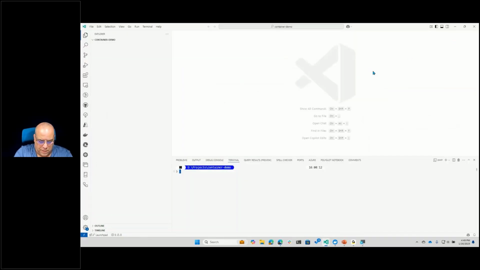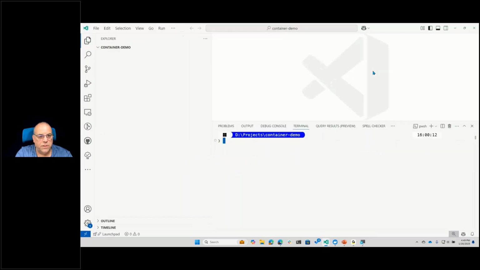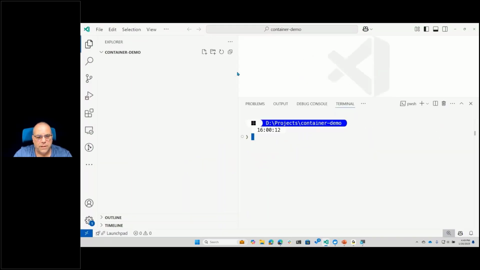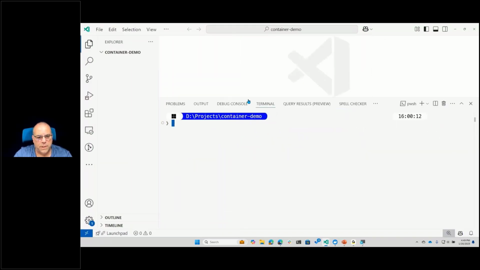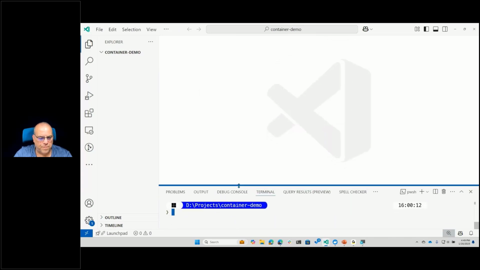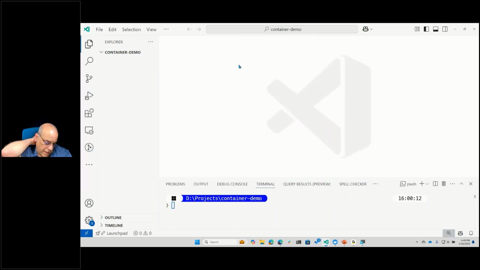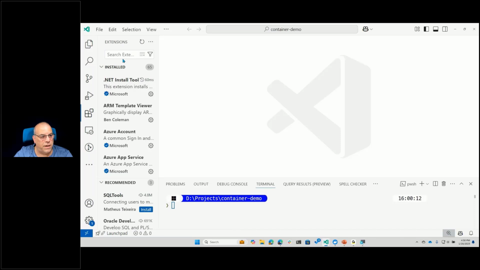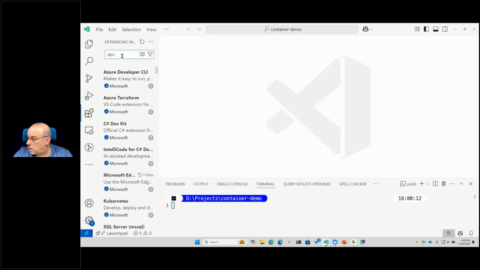I'm going to come up. I'll zoom in to about 150%. Oh, wrong one. I'm going to zoom in to about 150%. We don't really need this window right now, and I can minimize this for now. Okay, so to get started, you'll notice here, if I look at my extensions and do dev, you'll see,